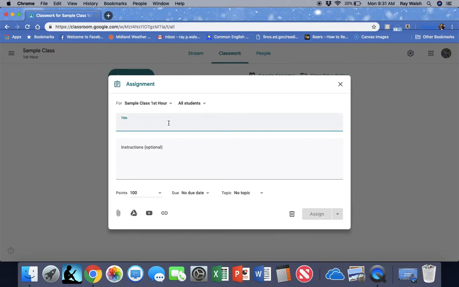So here you'd put the title of your assignment, what they're going to see. So let's pretend I'm going to have them complete a vocabulary chart. Put down vocabulary chart. Down here, I would put in whatever instructions I want the students to have. So this would be the step-by-step process for how to complete the assignment. So I'd put something like